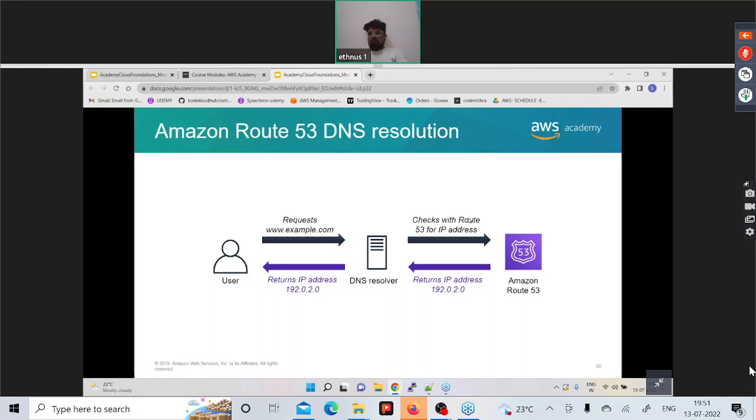Okay, so now it is going to first check Route 53 for the IP address. The IP address is found: example.com is hosted on 192.0.2.0. This is the IP address. So the IP address and the information will be returned back to the DNS resolver from Amazon Route 53, and from the DNS resolver it will be sent to the user. With this IP address, the user is going to get the response. Suppose he is trying to search some books on example.com. Suppose this example.com is a